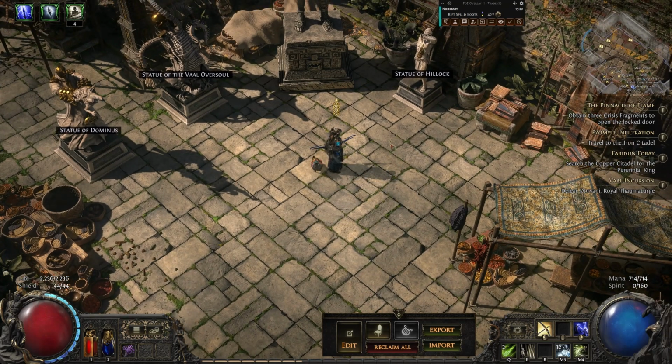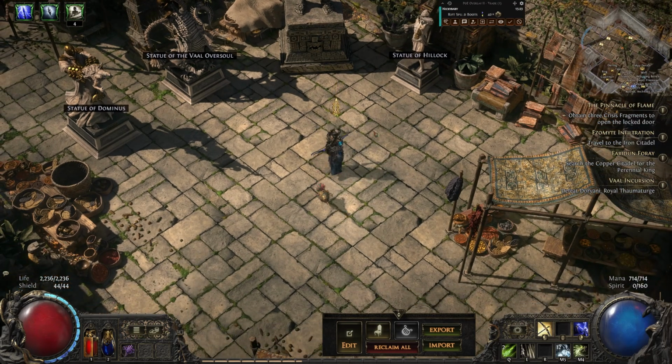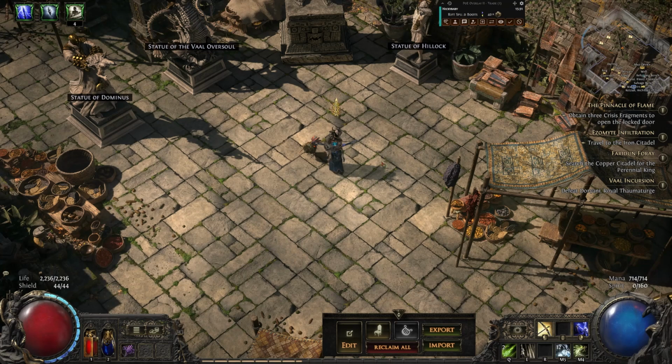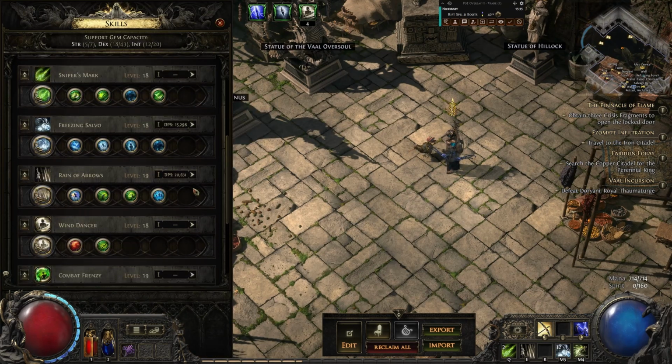It's more like 3.5 after the cast. You'll find that you actually don't need to use the mark that often. I maybe use it about half the time compared to just using the Combat Frenzy off of its cooldown. But yeah, and then the other question is, how do you solve